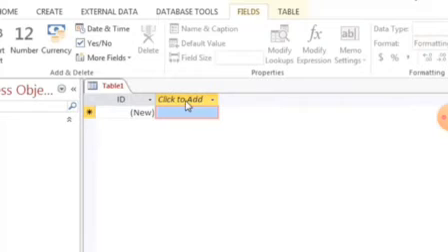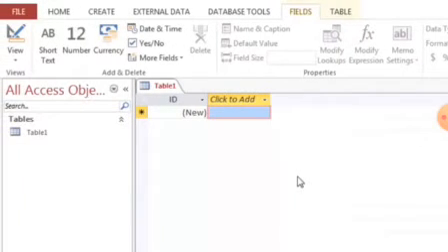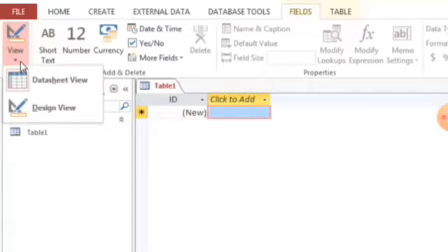Now let's move forward and learn the Access database objects. MS Access 2010 manages all the correlated information from a single database file. The database file in Access 2010 is stored with .ACCDB.